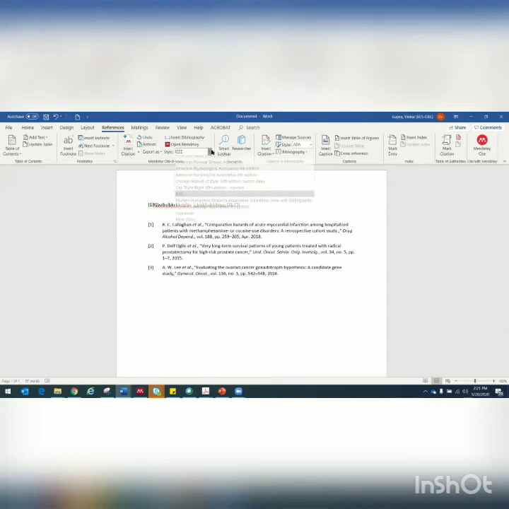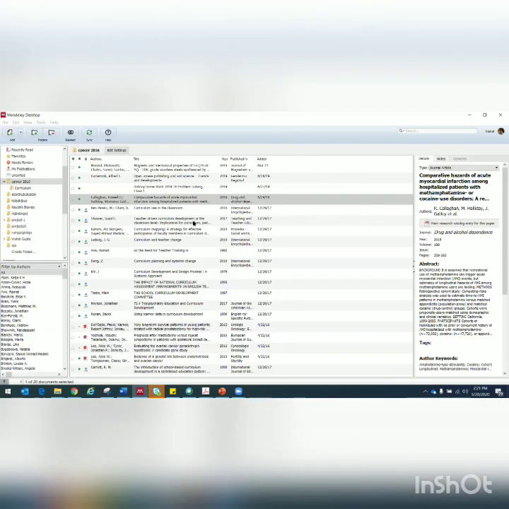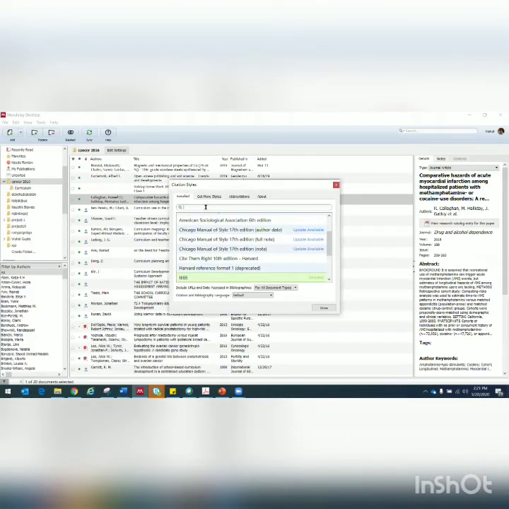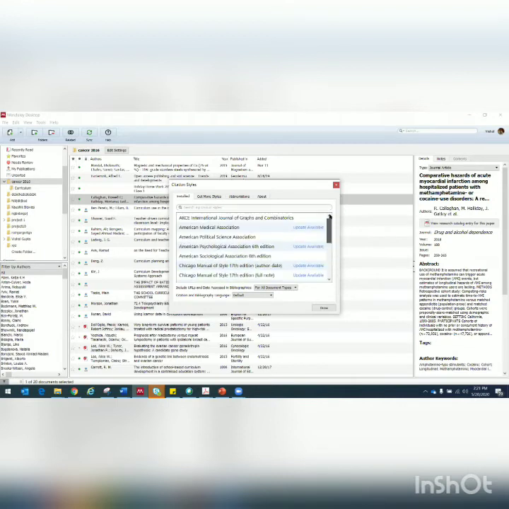And this library, let's say you can't find your citation style from this drop down, go to more styles. Once you go to more styles, you can actually first look under installed list, whether that citation style is installed. And if you see this icon, which is update available, do update your styles because they keep on updating.